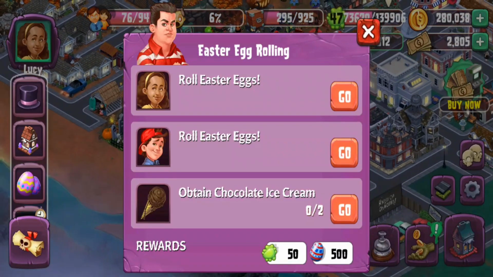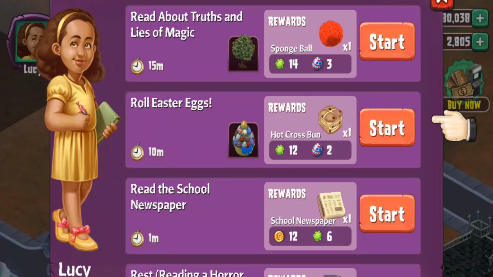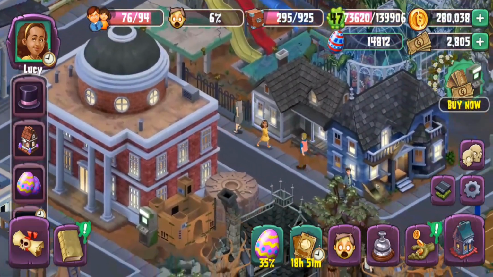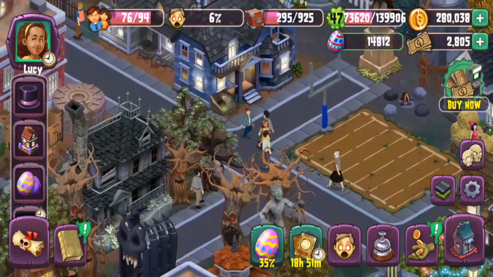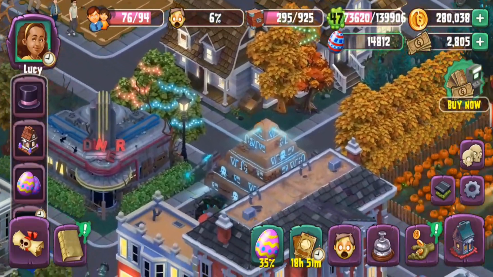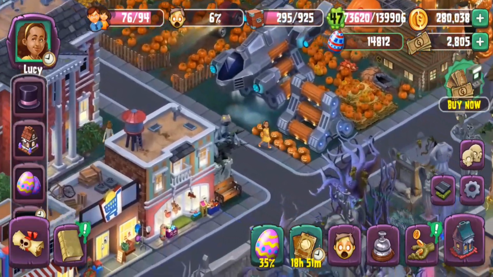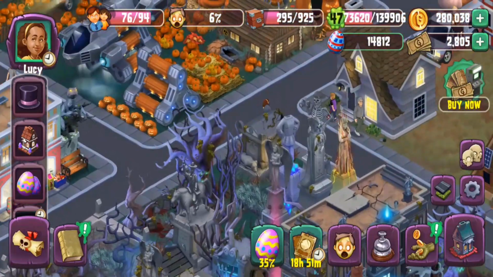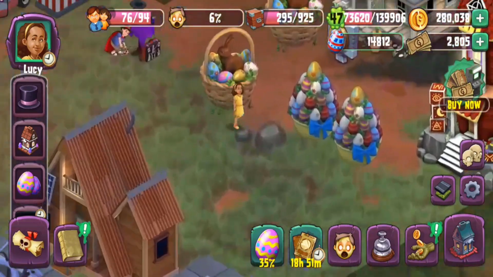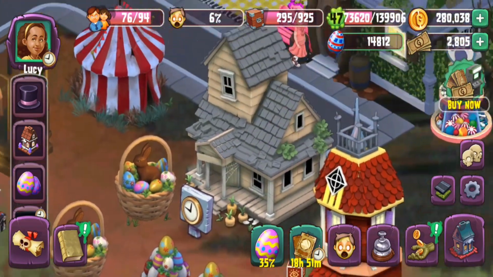What great dialogue. Roll Easter eggs, obtain chocolate ice cream, 2 of them. What's also interesting is rolling Easter eggs. Lucy and I believe Mr. Mortman are the only two characters that can actually produce the hot crust buns. There's no items that drop that or anything of that sort, so those are the only two characters you can actually get them. So if you're trying to get the ice cream sandwich, you have to have Lucy do this animation as well as Mr. Mortman do another task. And what's weird is that you do need this building in order to